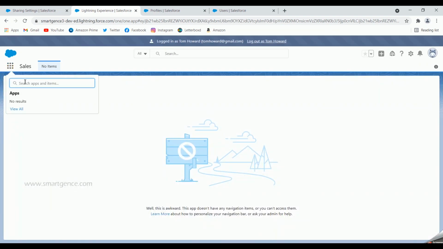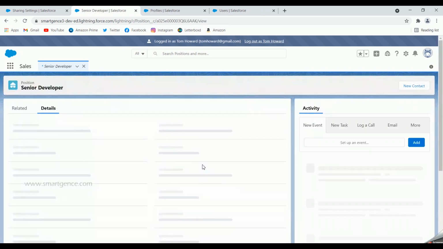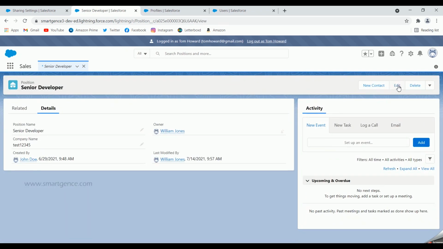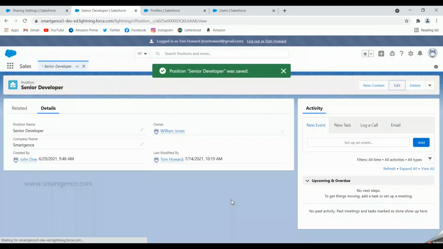Yeah, let me navigate to this position tab. So here it is. And I am having all view, so you can see all the positions are available right now in the system. And let me open a record and try to edit it. So edit,